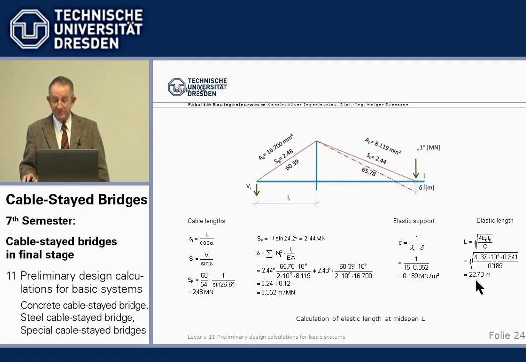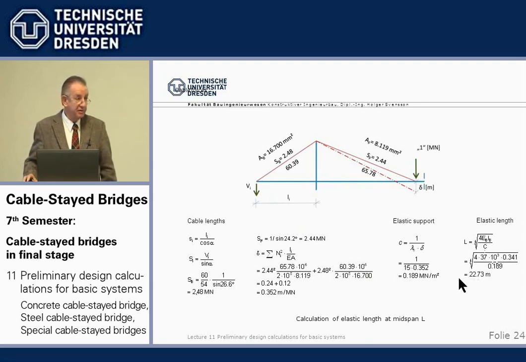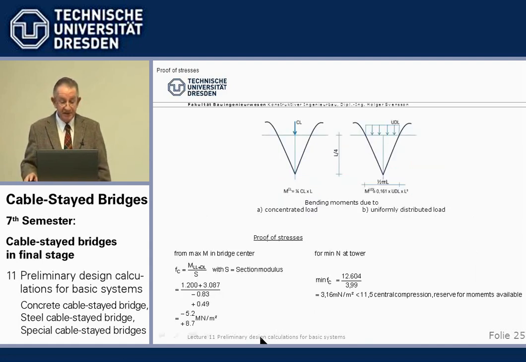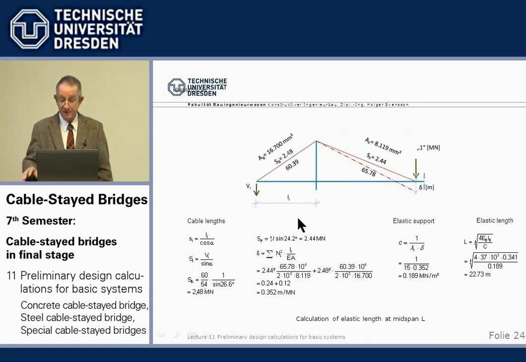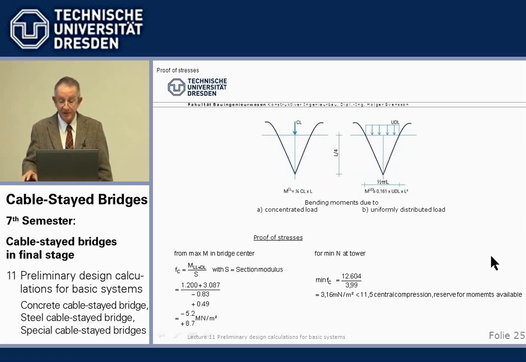And then we come to something always in the range for typical cable stayed bridges. 20 meters is the elastic length. And then it's easy. If we then put our loads and the length in here,